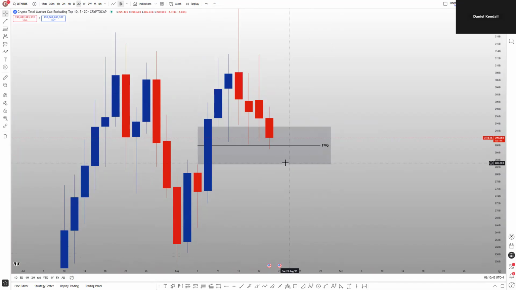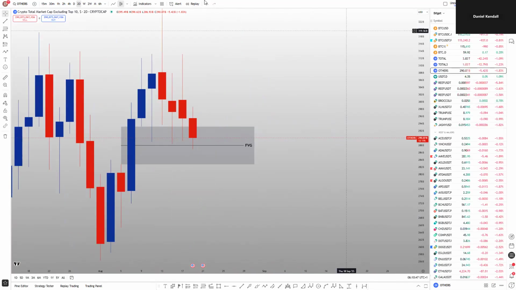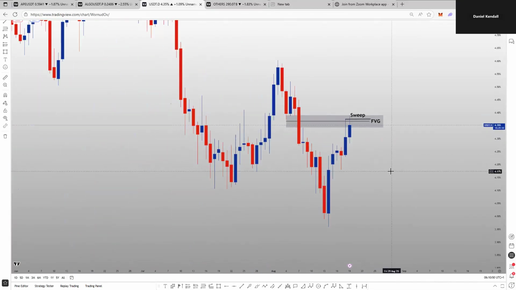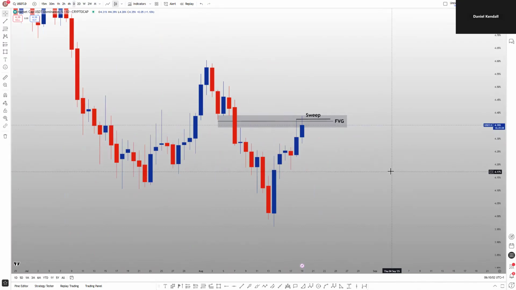So while the altcoin chart is doing this, USDT.D is also tapping into a zone as well. When they do this together, it generally means that there's going to be a turn in the market, okay? And this happens systematically, every few days, every couple of days. And when this does happen, it's the time to start paying attention because you could catch some really, really high